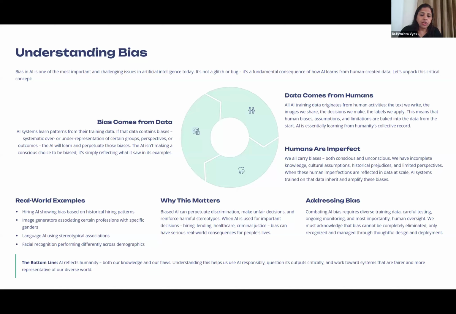Language AI uses stereotypical associations. So language is also very, very important. What is contextual? What is not contextual? Does the data have everything? The model will not be able to understand if it did not take care of that. In one language, one thing can mean one thing, and in another country, in another context, that thing can mean another thing. So what happens then? This can create a bias.